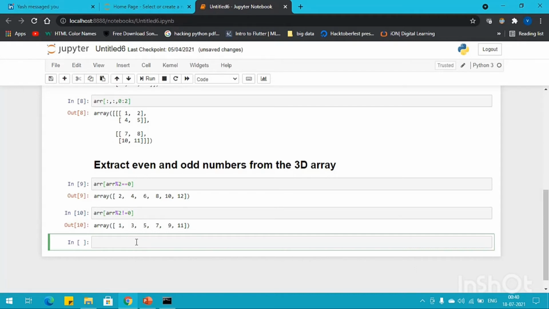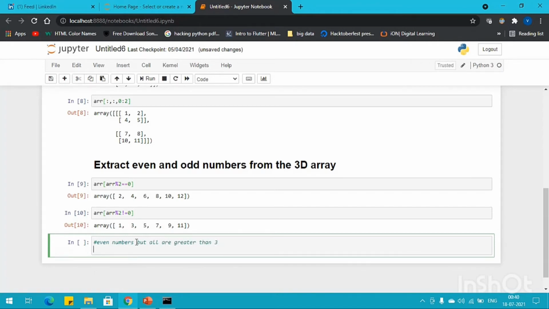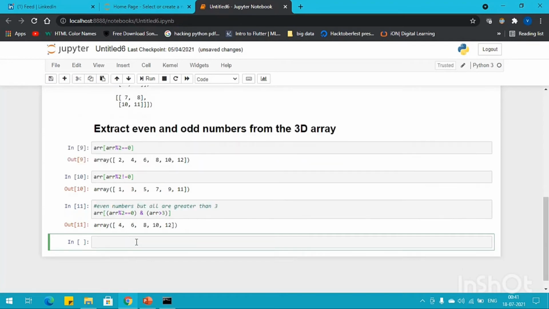Now what if we want all the even numbers but all are greater than 3? So for this, this will print all the even numbers which are greater than 3.